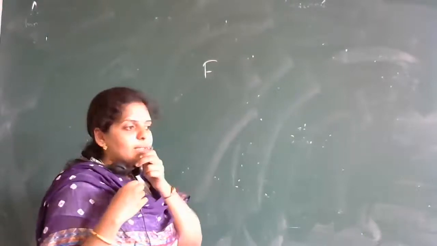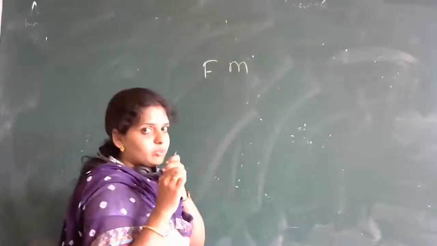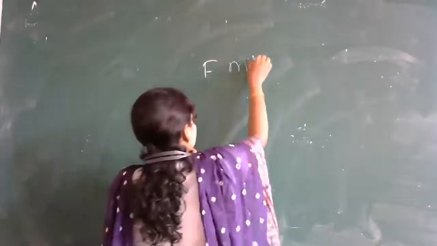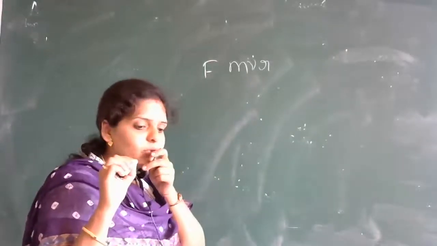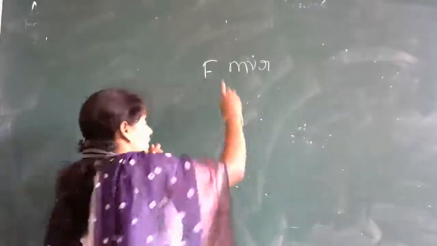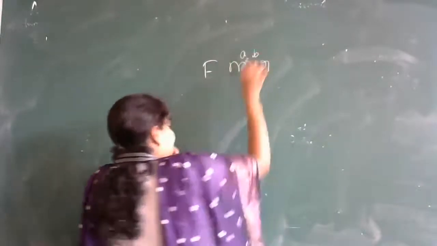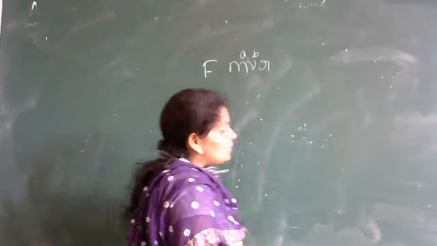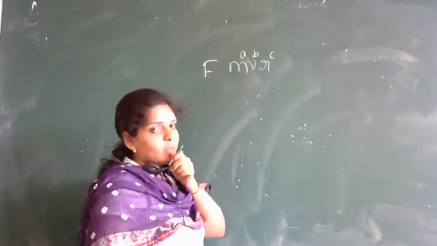See, we told that the centripetal force depends on the mass of the body m, and it depends on the velocity or the speed with which it is moving, and the radius. So here you can write that the mass we will take to the power a, velocity to the power b, and radius to the power c. The centripetal force depends on the mass, velocity and radius, to the power a, b, c.